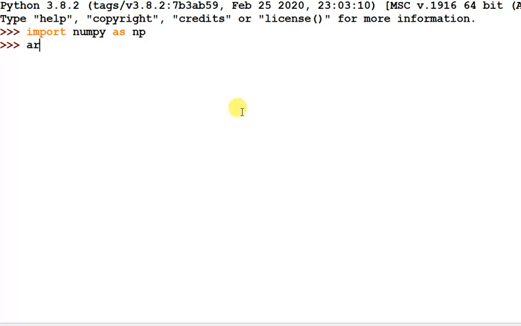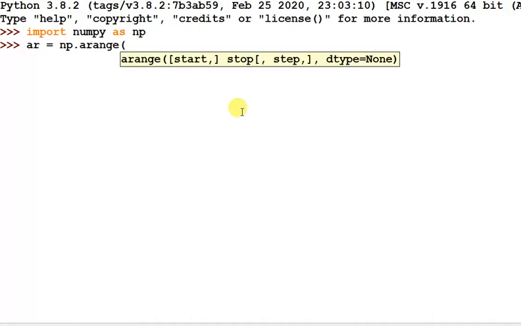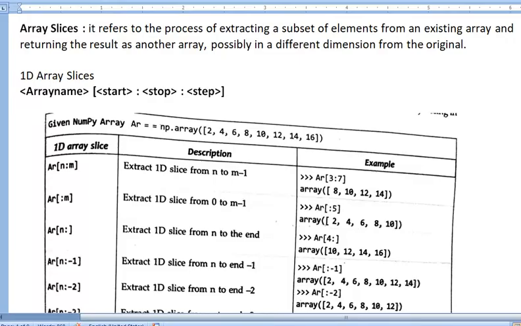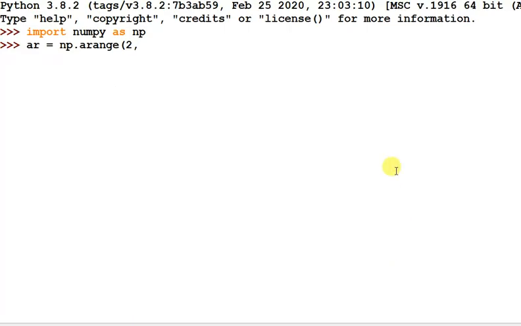Then you can create a one dimension array using np.arange(2, 17, 2). It creates values from 2 up to 16 with step 2. So you can check, this array has been created.